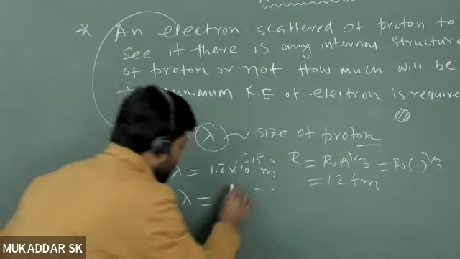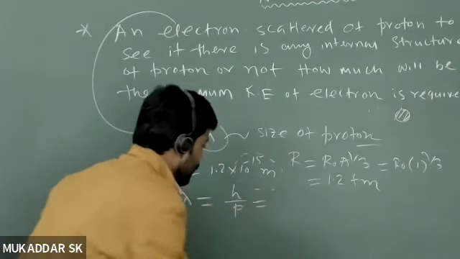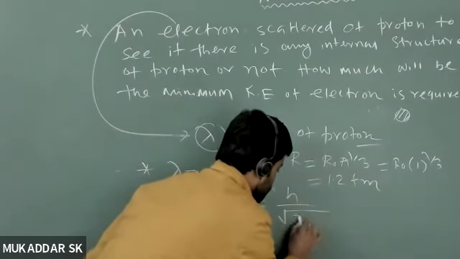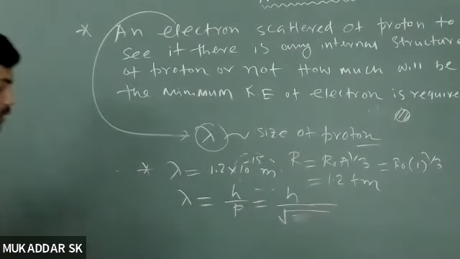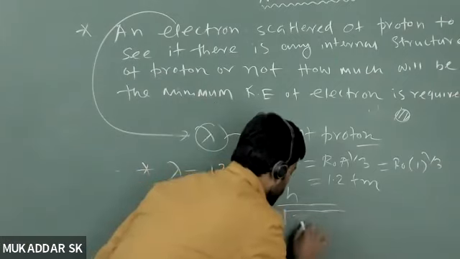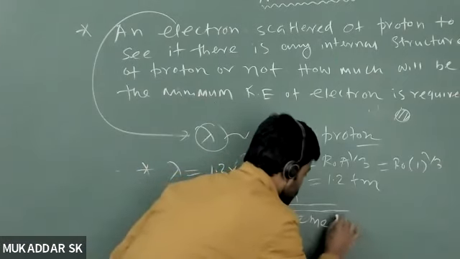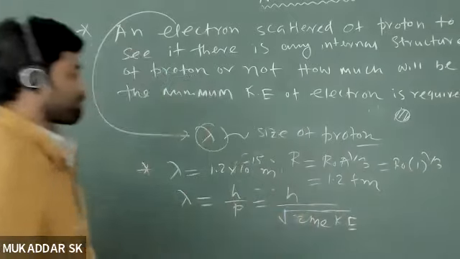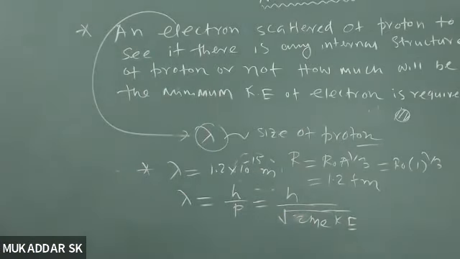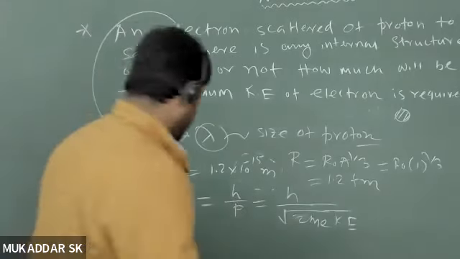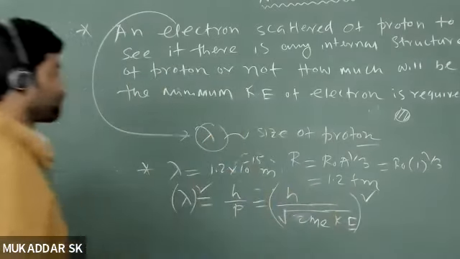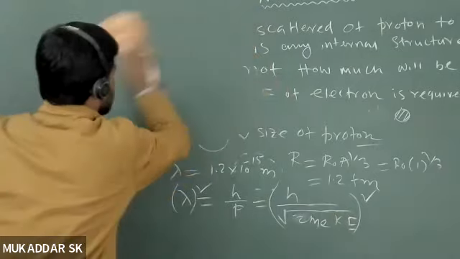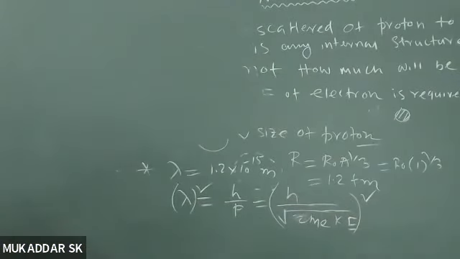but h by p, right? And p is nothing but root over twice mass times kinetic energy. If I talk about the momentum of electron, I can write that the momentum of electron is nothing but root over twice mass of electron times kinetic energy of electron. Is this clear? It means what I can say, if I square, what will happen? Tell me. आप लोग थोड़ा मेरी हेल्प करो, है ना।